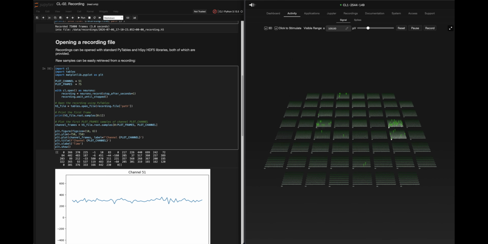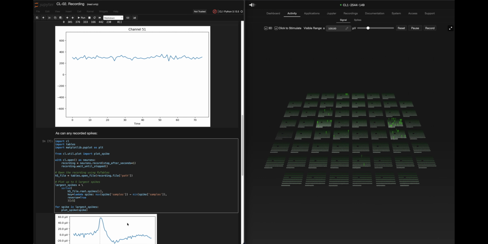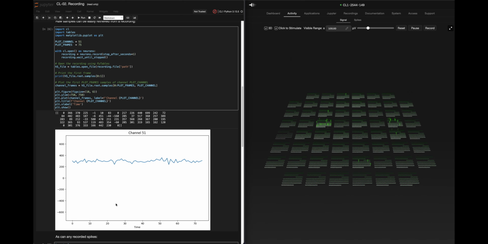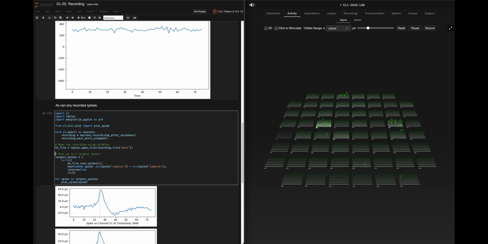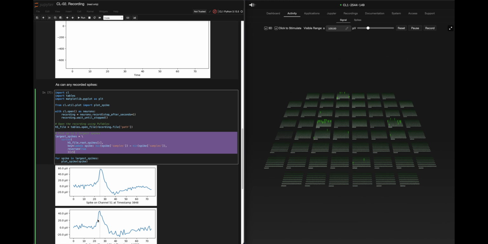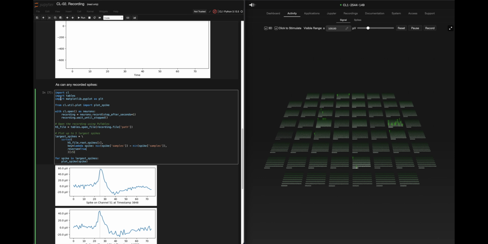When you're looking at plotting spikes with plot spike, I believe it is down here. If we're looking at having a recording and reading it back, it's very important. Beyond raw samples, recordings can actually capture these detected spikes. And here we sort the spikes by amplitude and grab the 5 largest. Let me see right here, because I'm trying to explain this the best. Right here we're grabbing the 5 largest spikes,